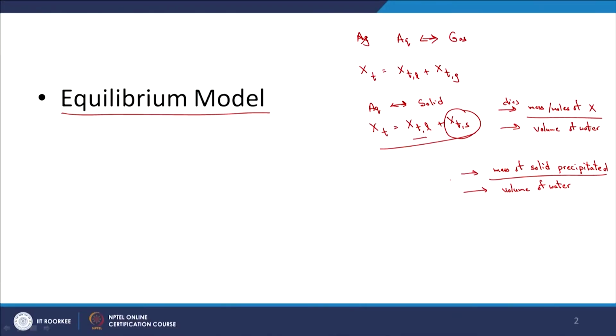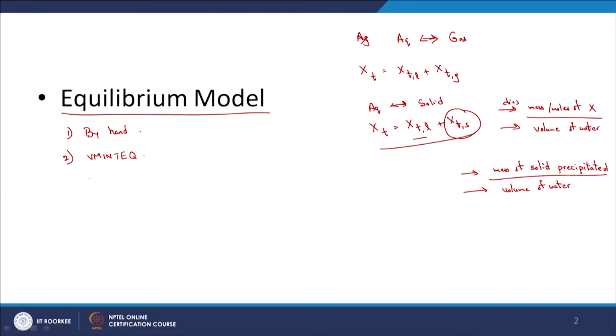So how do we go about it? Here we need to first look at two aspects. One is by hand, and the other is by WMINTEQ. First we are going to discuss how to solve this by hand, and we are going to look at a few practical examples later on and see how to go about it. So first by hand, how do I set this up now? This is the key here, as in first I need to identify,